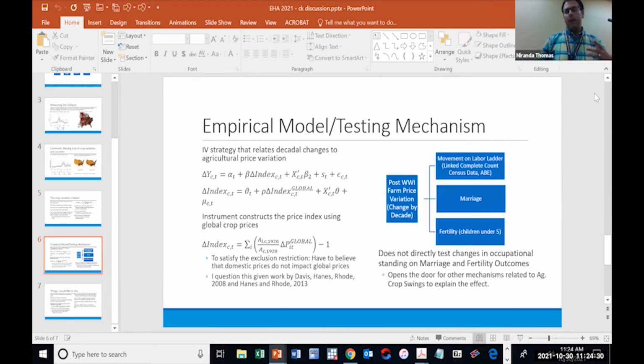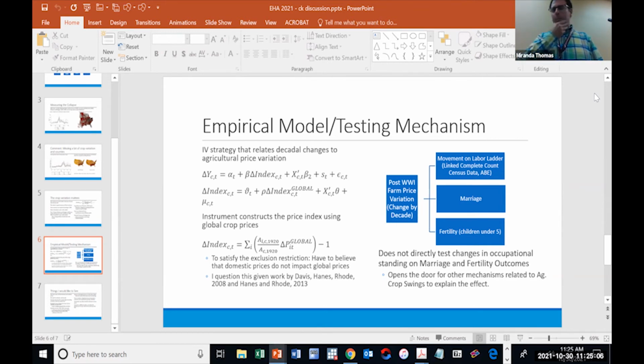And the point I want to raise about the IV is that given the types of concerns that you have, I'm not sure that moving to the global price actually solves the problem you think might exist in terms of the mechanization, because a lot of things have to be true about the way the local farmer can impact the national price, but not the global price. And for something like cotton, where the U.S. is something like 30% of exports, I would think those same concerns exist. The problem's not unique to you. Just think about that a little bit.